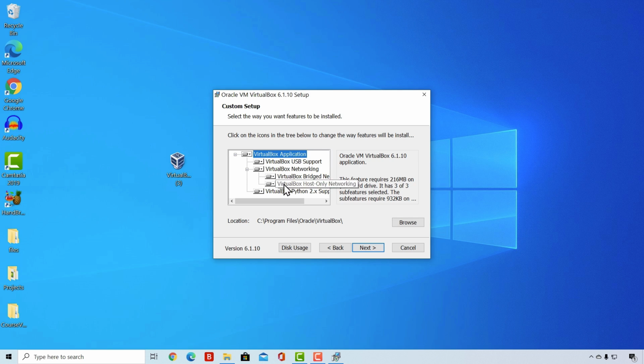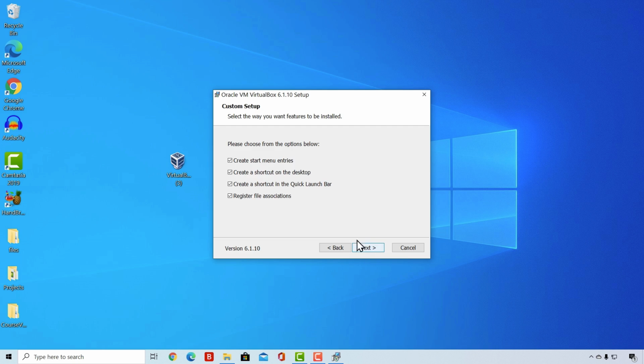And the only thing that you might consider changing right here is this location part. If you want to change the location of VirtualBox, you can do that right here, but since I won't be doing that, I will just click on next to proceed to the next step. Here you can select whether you want a shortcut on the desktop, whether you want start menu entries. I will leave all of this to be checked since I want all of that,